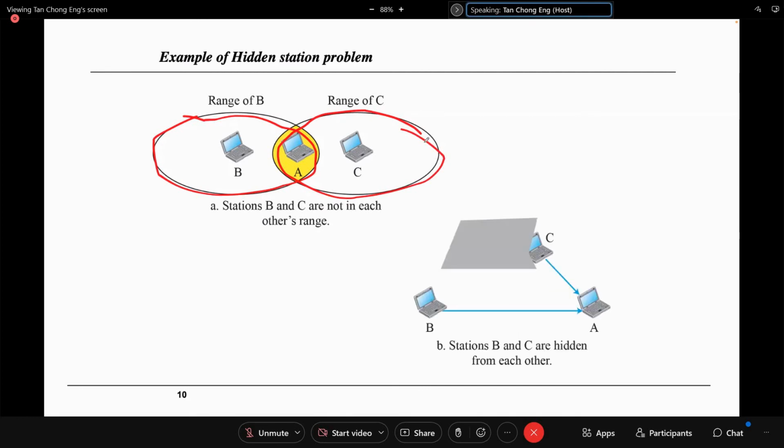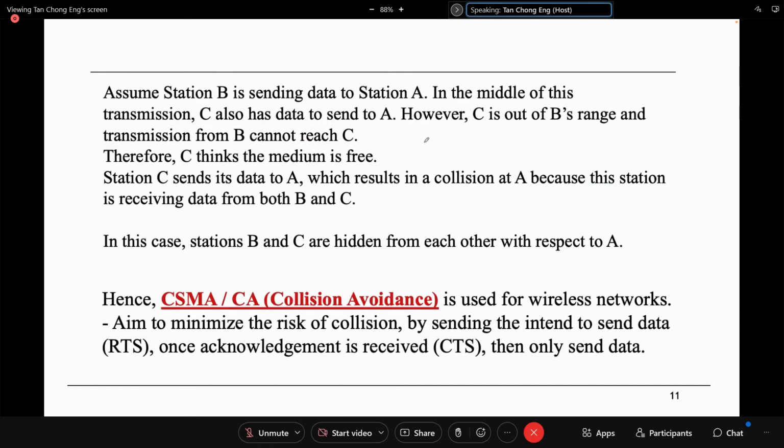So this is also the same thing. That's why we need to use a new protocol, what we call CSMA/CA, collision avoidance. We're using collision avoidance to avoid the collision, meaning to say, if you want to send to someone,